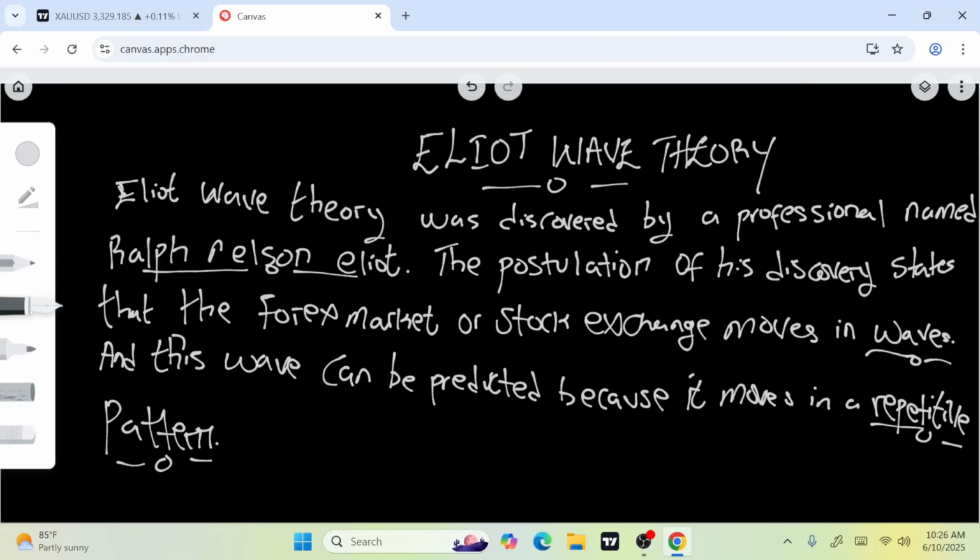But it is now left to us as traders to know what those waves entail. When we know what it entails, that is how we can know that this is a wave occurrence. So we want to learn it now so that when we see it again in the future, we can predict, and it can be an informed decision in our analysis. So please take note of this.